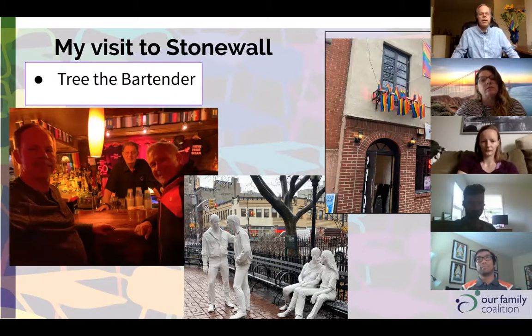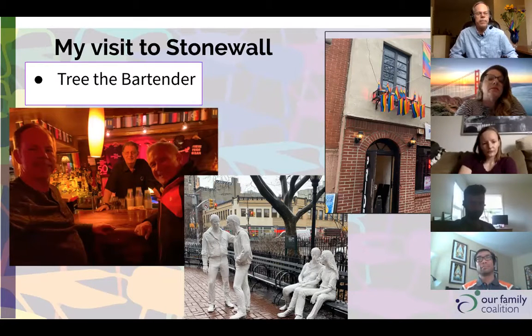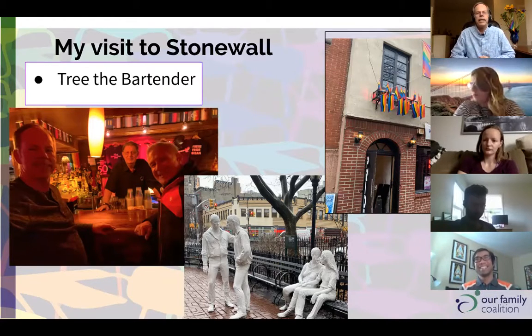You can see me on the far left there with my friend Ron, and the guy there, his name is Tree, and he's the bartender there. Now he'll tell you that he was there on the night of the Stonewall Uprising, that he was working that night. But the interesting part was, after going to this bar during the day, then I met up with Eric